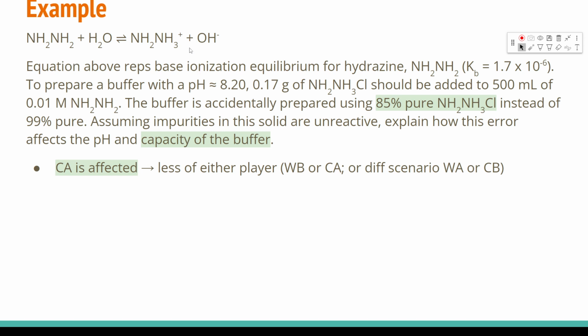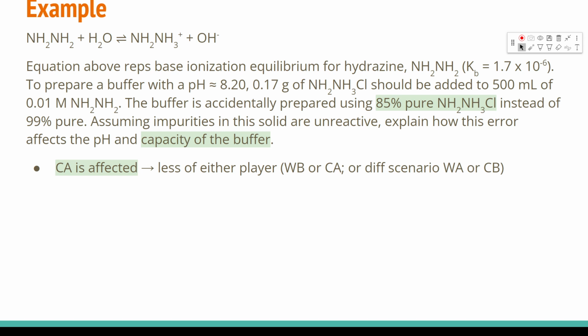And so the amount of the ion, the conjugate acid, is being affected. We have less of it. So in this case, again, we have less of the conjugate acid, and so that means we have less magnitude. We have less moles, okay? And so capacity is less because we have less moles of the conjugate acid, and so it'll be less